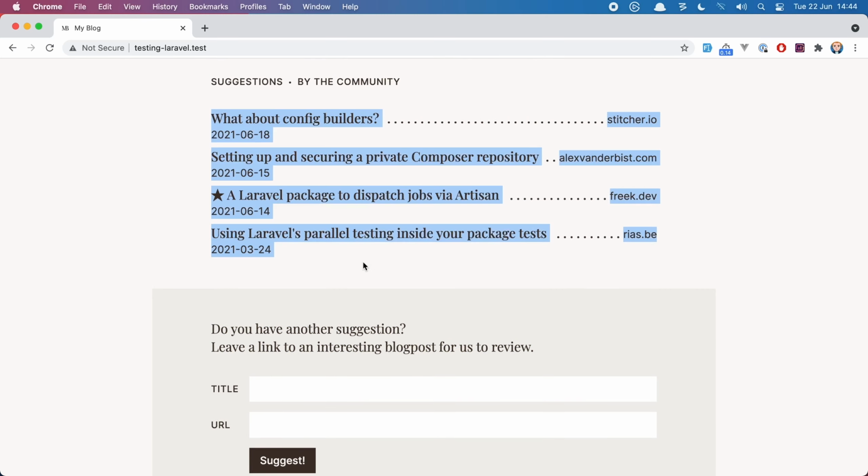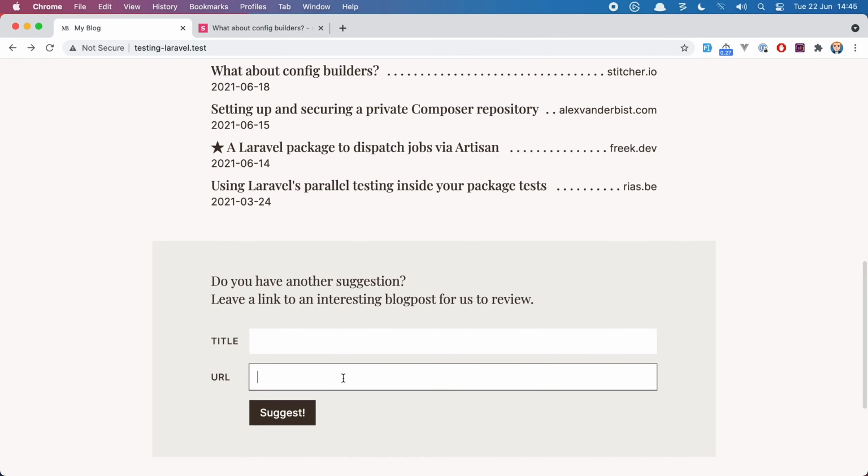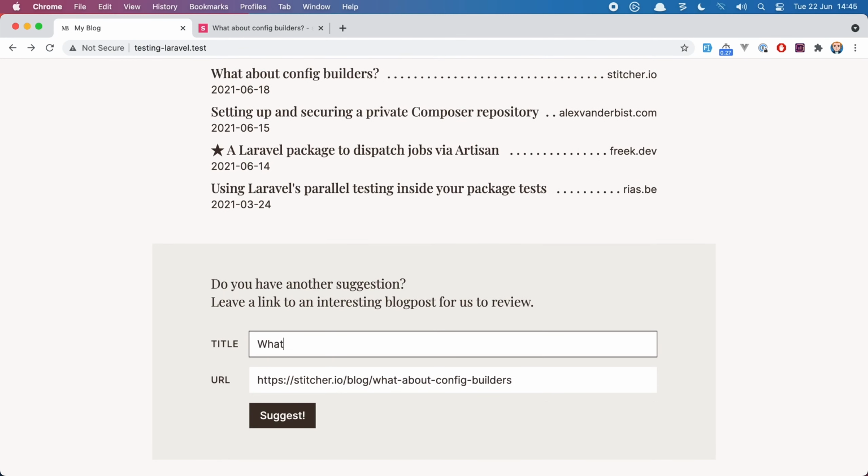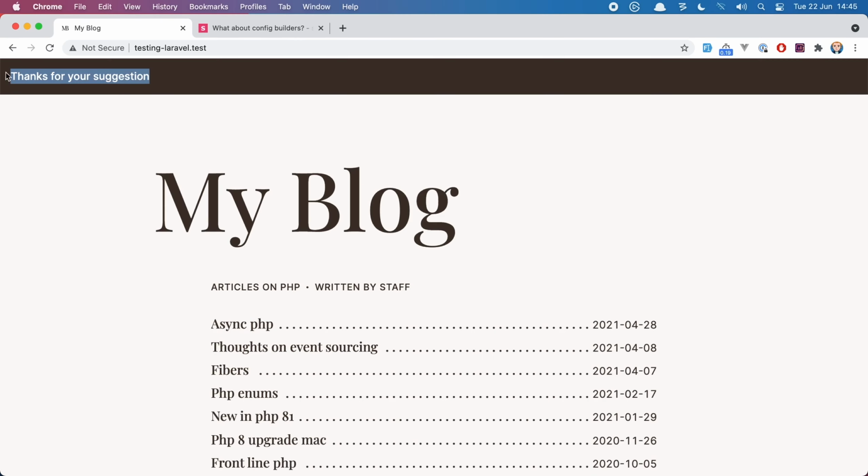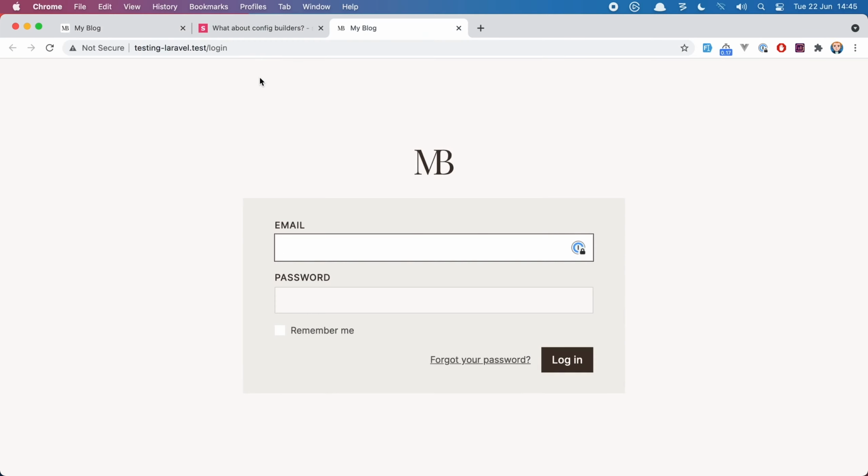So let's quickly give an example. Let's copy over one of my own blog posts. What about config builders? It's called. And suggest, then we can see thanks for suggestion over here. And if we go to the admin section and quickly log in,